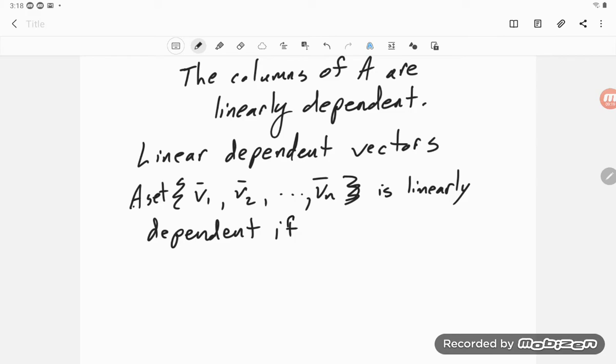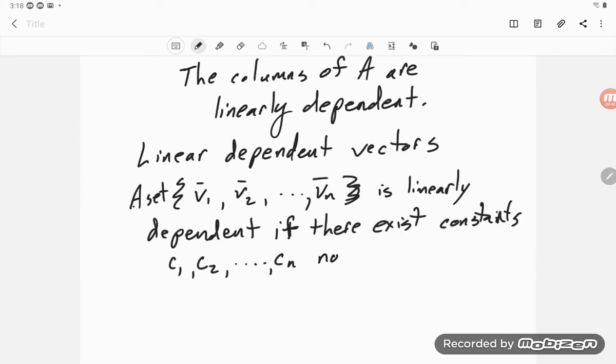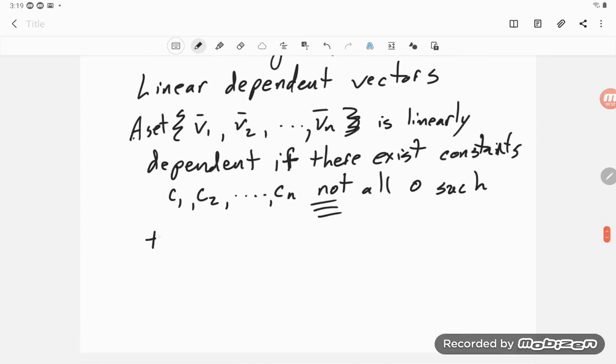if there exists constants C1, C2, Cn, not all 0. Now some of them could be, but not all 0, such that C1 V1 plus C2 V2 plus CN VN is equal to the 0 vector. Okay, so that's linearly dependent, and